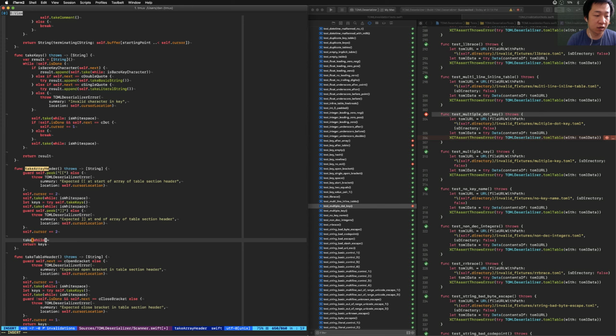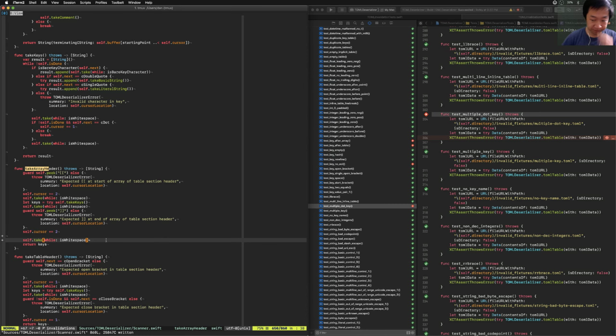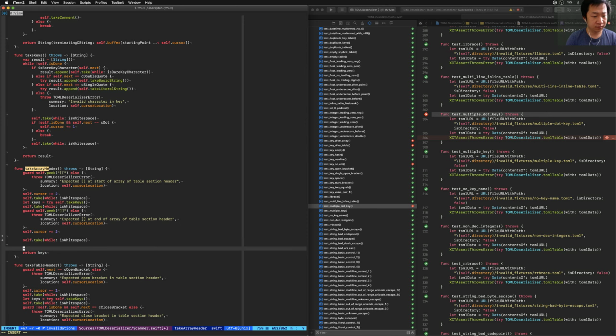Take while is white space. This shouldn't hurt anything. We have failures. Still failures. All right. Take all the white spaces after the header, and then we take the